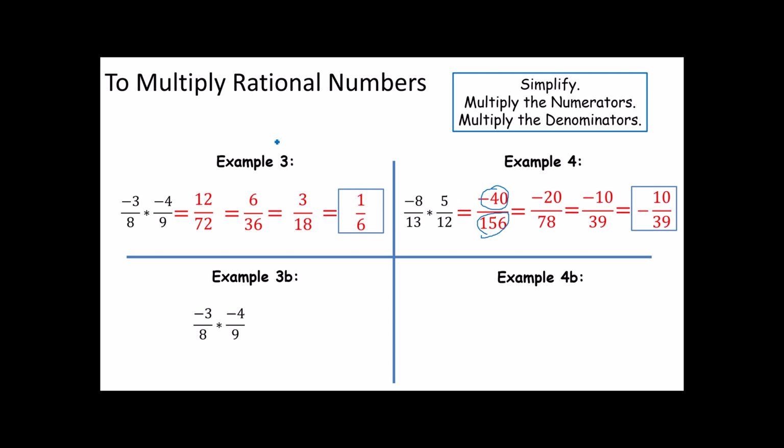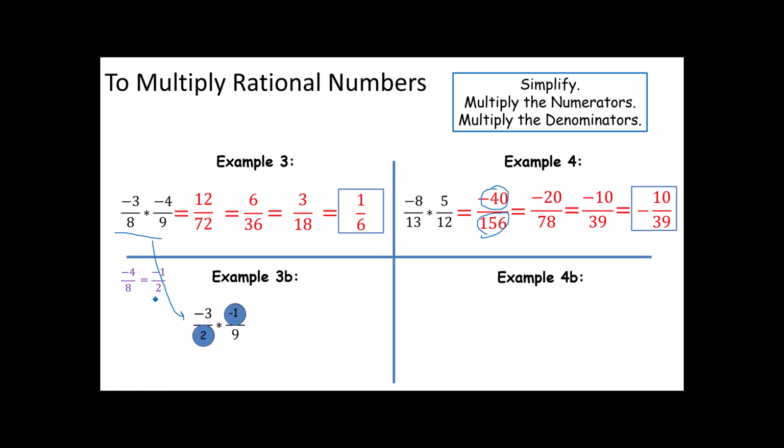Notice on this first problem, I've recopied it down here at the bottom, negative 3/8 times negative 4/9. If I were to look at the negative 4 on top and the 8 on bottom, I can notice that they have a common factor. Both of these can be divided by the number 4. In fact, I usually think of a number on top and a number on bottom just like I think of a fraction. Negative 4/8, which I know simplifies to negative 1/2. That was sloppy, wasn't it? Because negative 4/8 is the same as negative 1/2,